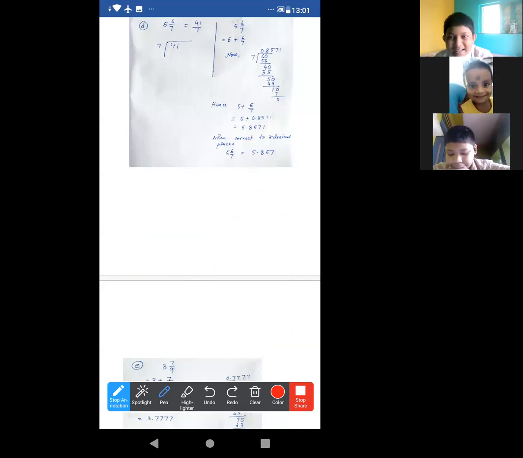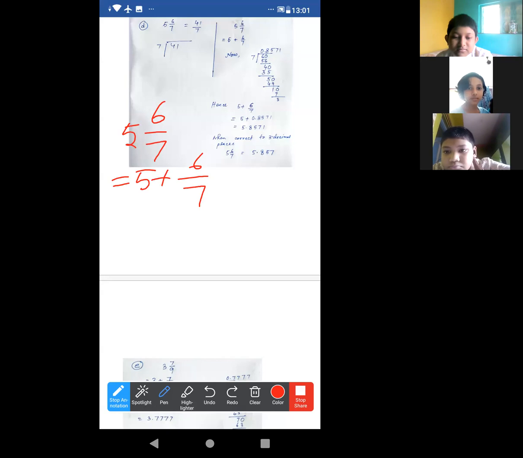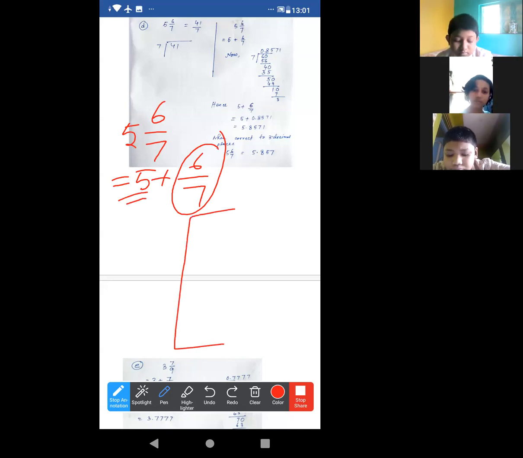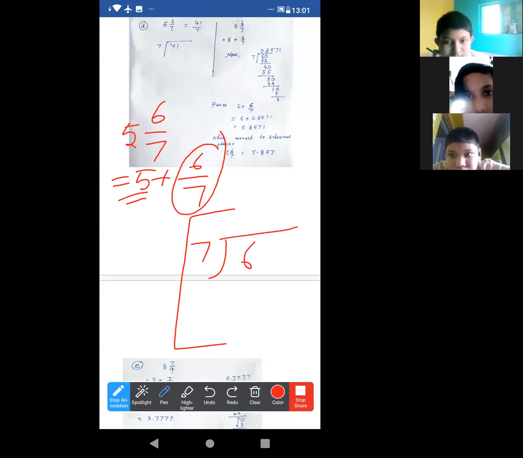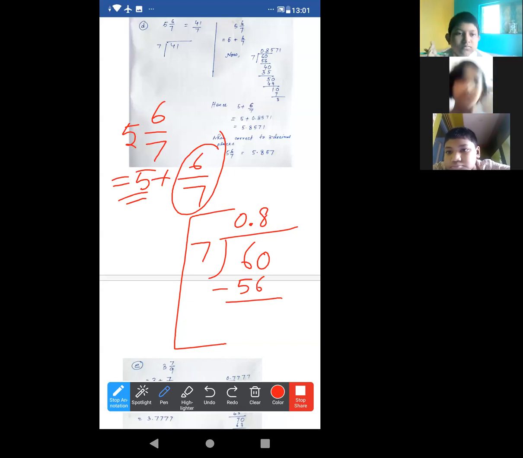Now the number D. We can easily write 5 whole. All of you just do it. This one is equal to 5 plus 6 by 7. Okay? Just do it. After that, we'll convert this into decimal. No need to convert this 5. Okay? Clear? Now in the graph, you need to show it. Just divide 6 by 7. 6 is less than 7. So first 0 point, then we will take 10. 7 8s are 56. Just do it. Why are we breaking it in this way? Because this calculation will be simpler.